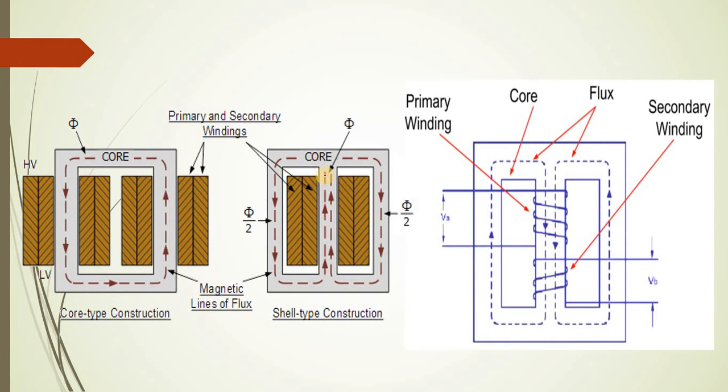In the case of the shell type transformer, you can see here this is the core, and this is the flux set up inside this core. Okay, φ by 2 and φ by 2 flux is passing from this outer limb also, and this is the central limb. On this central limb, the winding wound near the core is again the LV winding, and away from the core is the HV winding. So here in the shell type transformer you can find that this is the core, this is the flux, this one is the primary winding and this is the secondary winding. So likewise the windings are put over here.